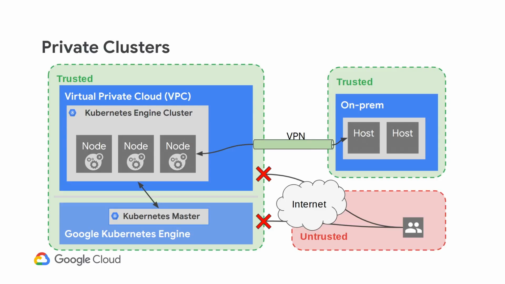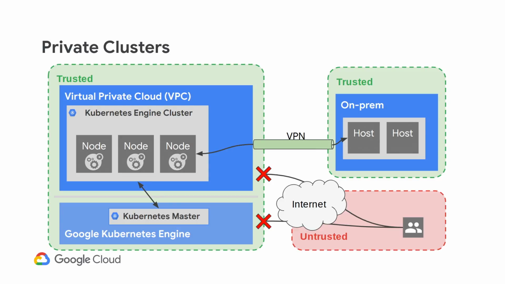What does that mean? In the past, all your Kubernetes nodes used to have public IPs. This was done so that end-to-end management of your Kubernetes Engine managed cluster becomes easier for us. But because of our advanced peering capabilities, that is no longer a requirement. So private clusters takes your Kubernetes Engine cluster off the public internet by removing all the public IPs on your nodes. The communication between your nodes and the Kubernetes master becomes completely private,